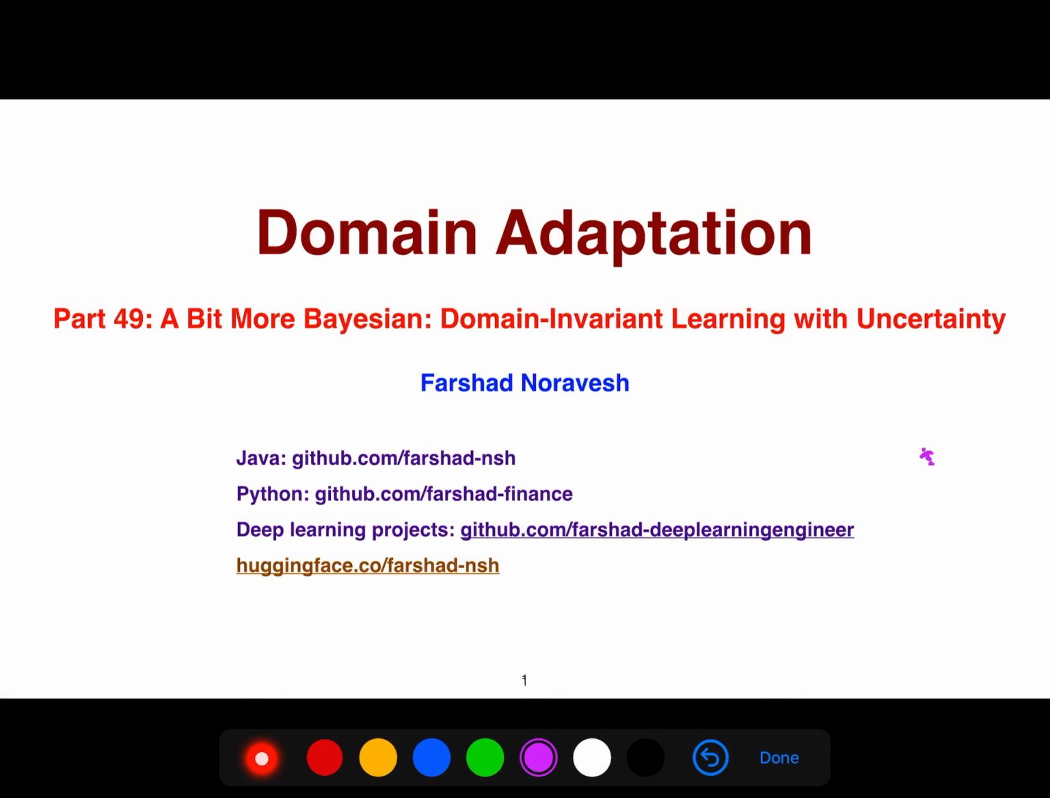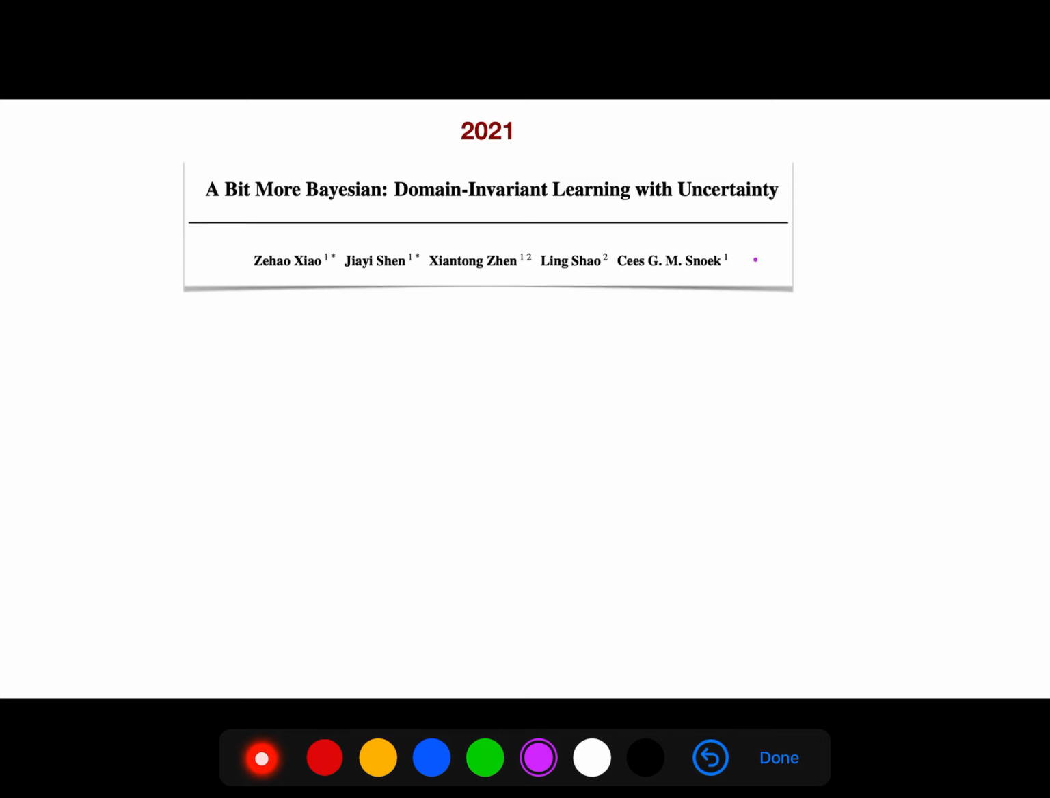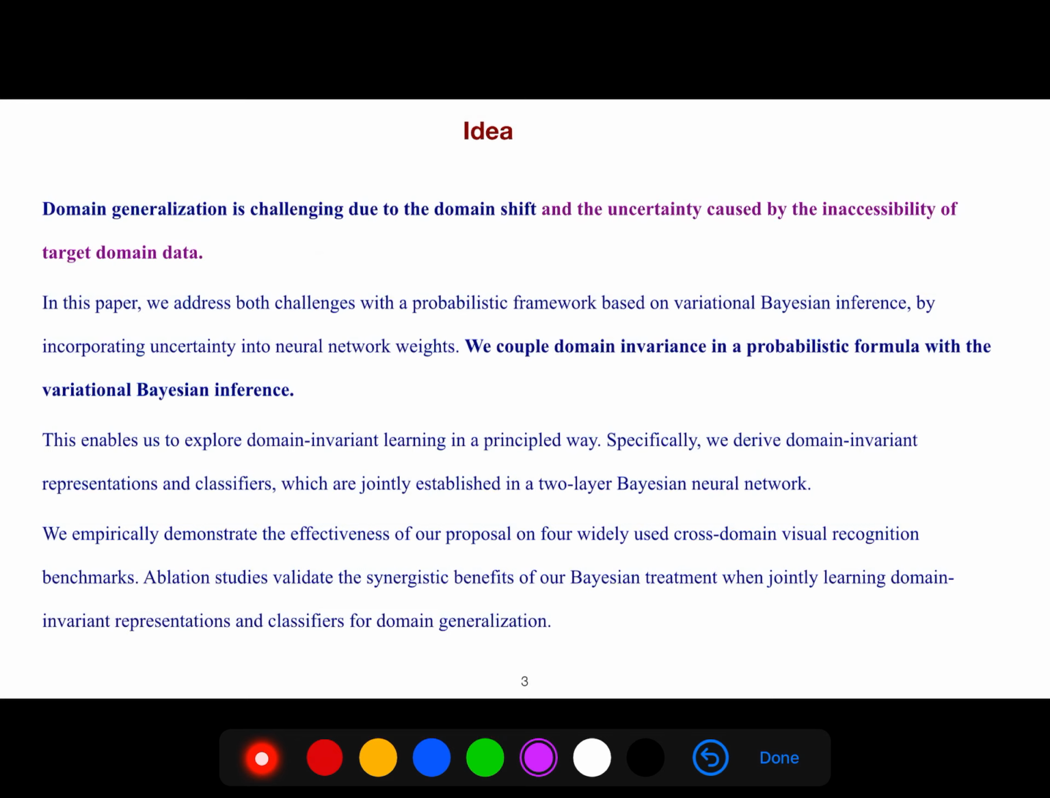Alright, so in this video I'm gonna be explaining another important article about domain adaptation. The title is a bit more Bayesian: domain invariant learning with uncertainty. This paper is from 2021. Domain generalization is challenging due to domain shift and uncertainty caused by the inaccessibility of target